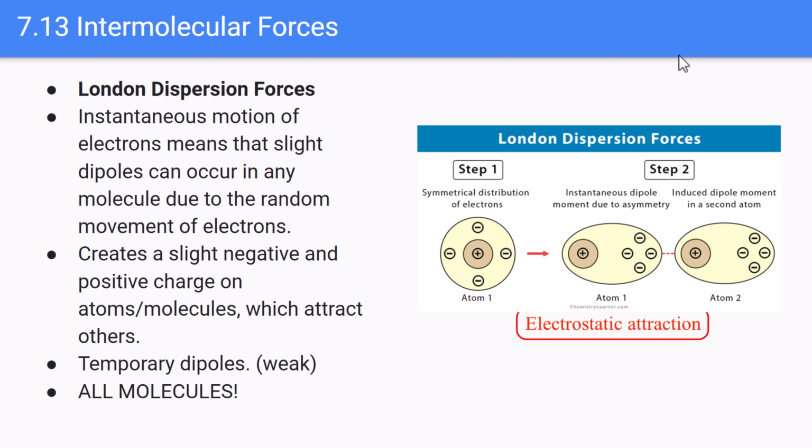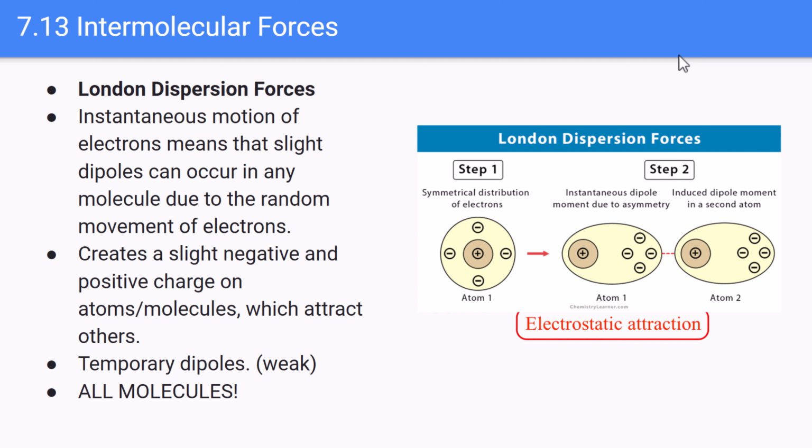So let's talk a little bit about London dispersion forces. London dispersion forces occur due to the fact that electrons have the ability to move around randomly around an atom. Right? Electrons don't move in orbits. They don't move in set pathways. They move very randomly. And so at any one given time, all of those negatively charged electrons could be on one side